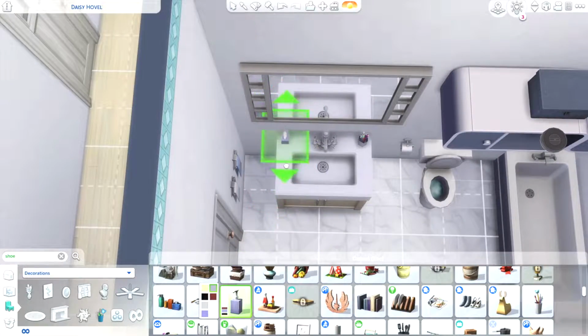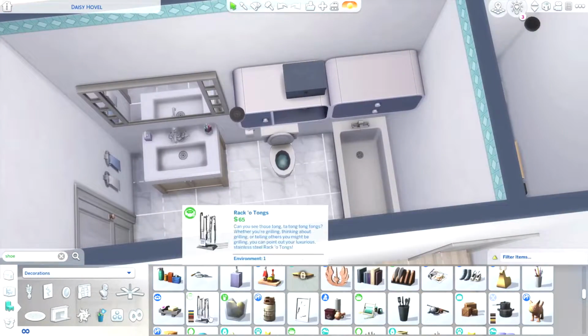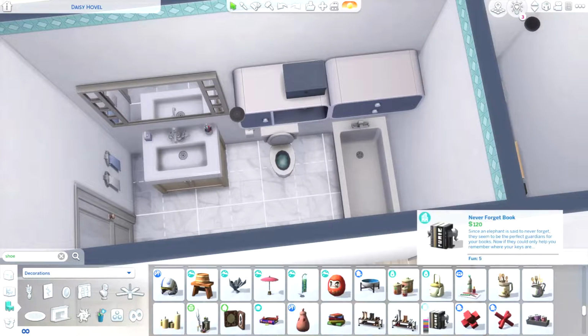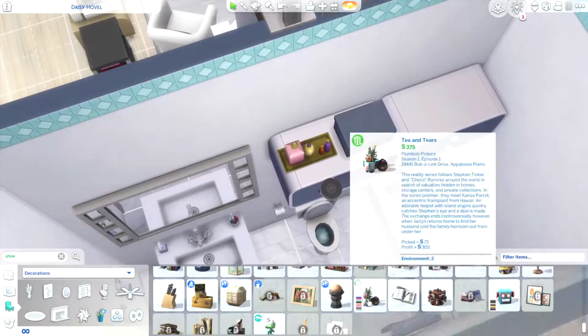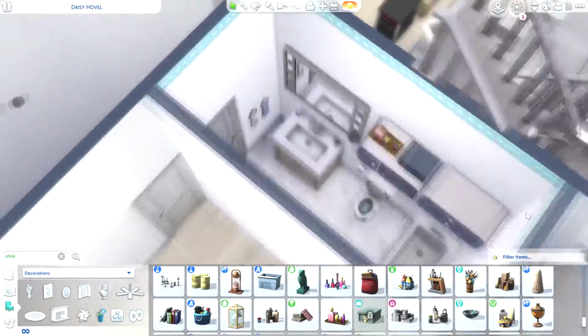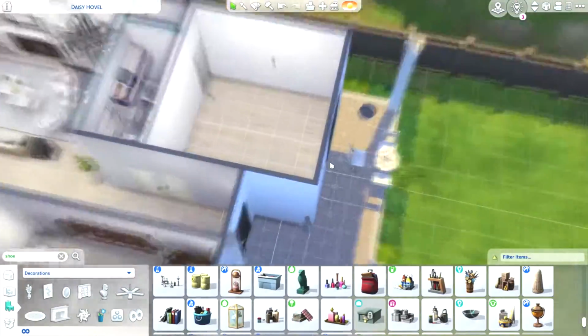You can let me know in the comments right now what is the most interesting part of a speed build for you. Do you like the floor plan making? That seemed very important to me. Or do you like the furnishing? Or do you like